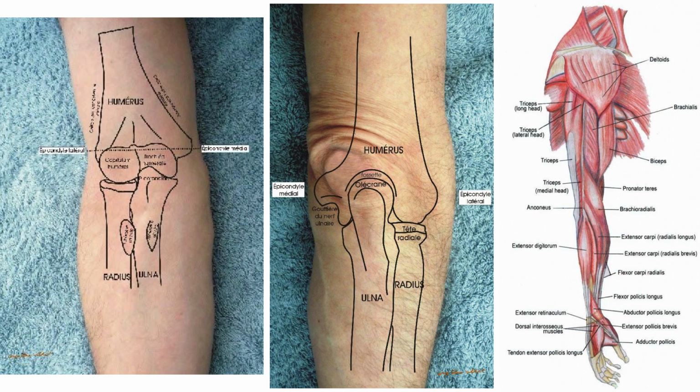Basically, differentiating between the trochlea and capitulum at the elbow joint is very easy using two mnemonics. So you have "crazy tulips" and "cutter." Crazy tulips is basically capitula. C is for capitulum, which is related to the radius, and T is for trochlea, which is related to the ulna.